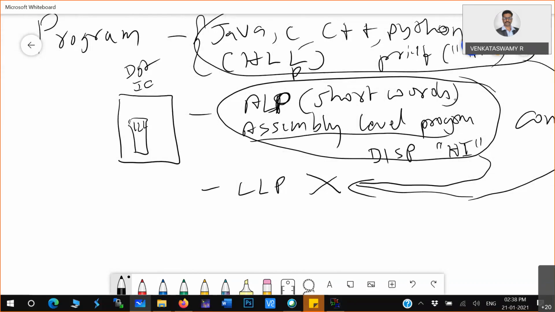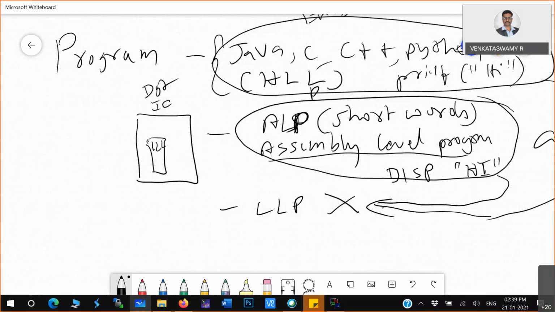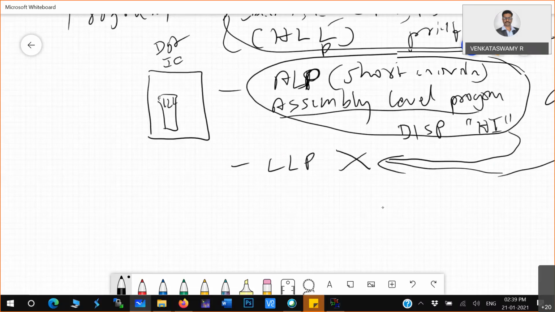In assembly level programs also different types of instructions are there, like conditional statements, some kind of data transfer operation, and also arithmetic or mathematical instructions, logical instructions, all those things. In programming languages you have expressions, and here also you have expressions. So all those things are there.